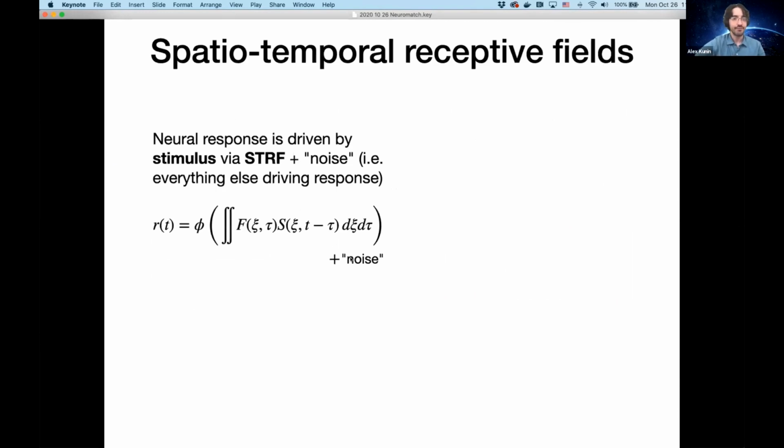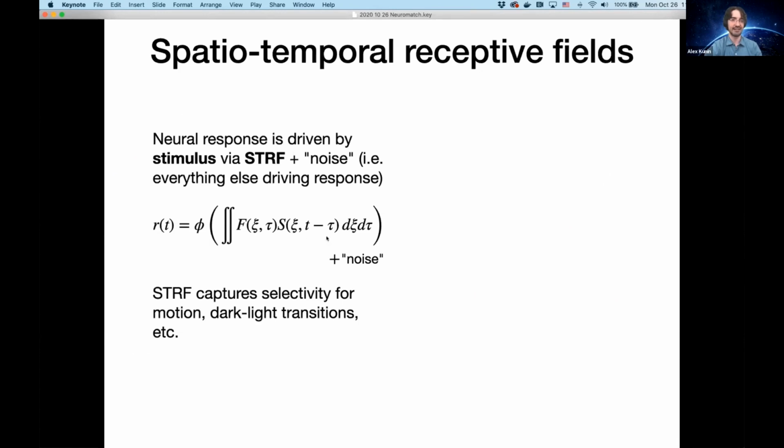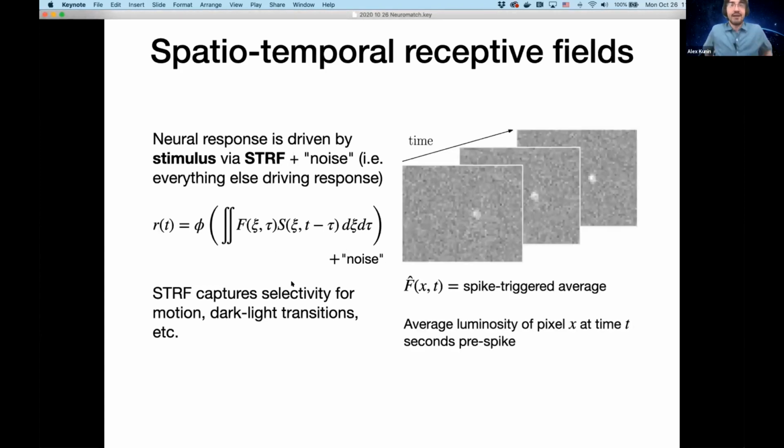So I'm going to model cells as basically linear-nonlinear models. This is a Poisson rate, a Poisson spiking process, where I'm convolving with this F. S is a video, so this is the pixel value, this is the pixel location, this is the frame, and this is the intensity of that pixel. Again, noise is everything that's not being accounted for, and in my simulated neurons, this term just disappears. So for example, I compute the spike-triggered average receptive field from a population of actual neurons,